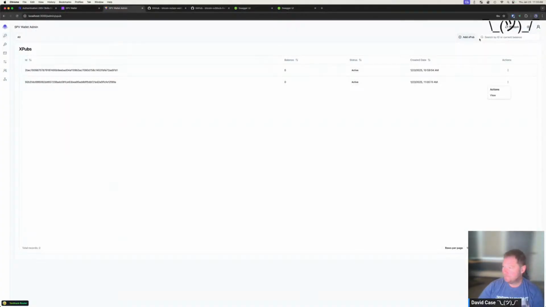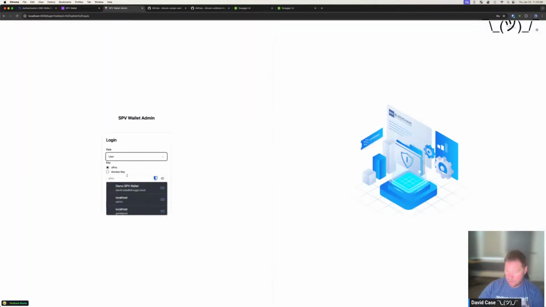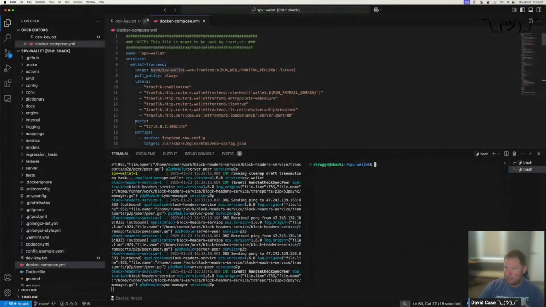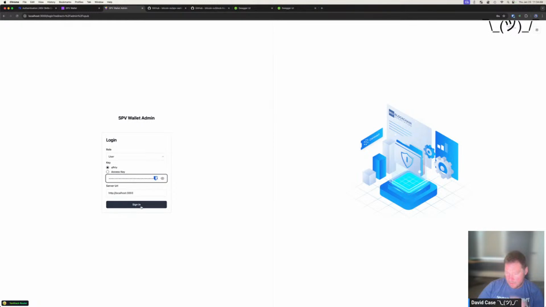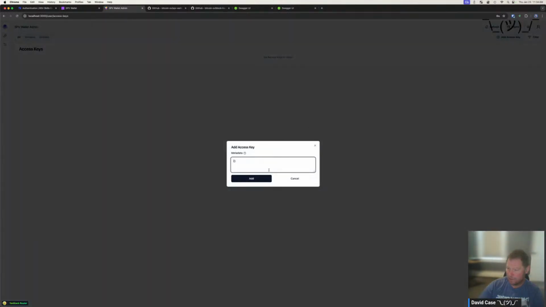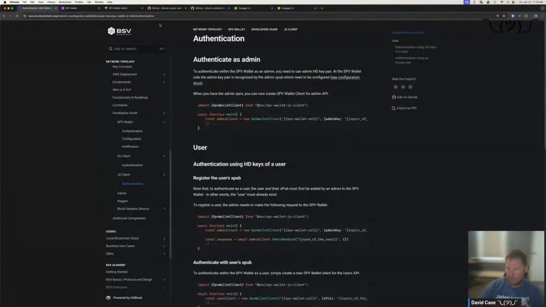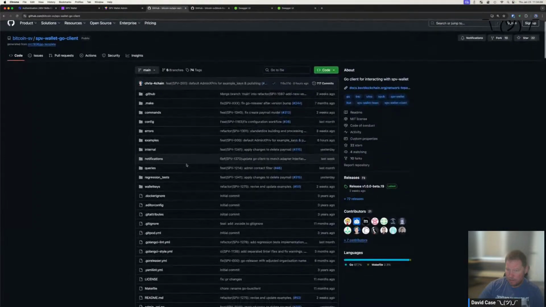So I'm going to log back into this admin as my user. And here's my user's keys. So I'm assuming I can add an access key to allow me to hit the APIs on behalf of this user. I don't know what to put in the metadata for that. So we're actually gonna